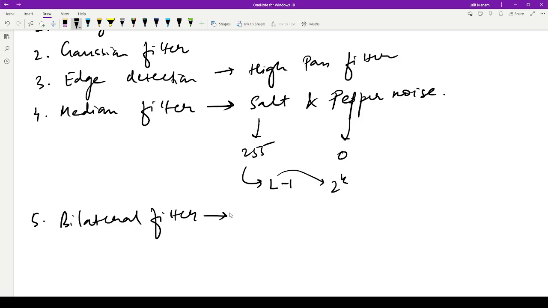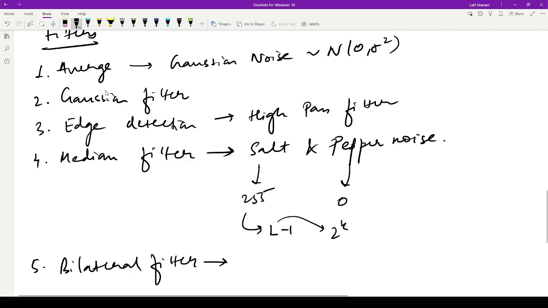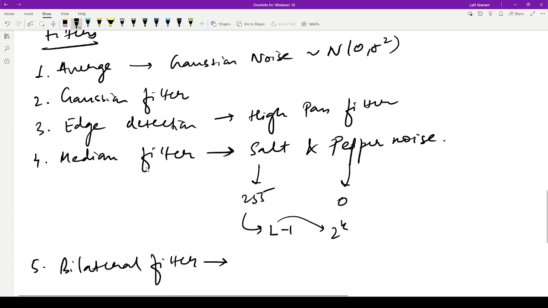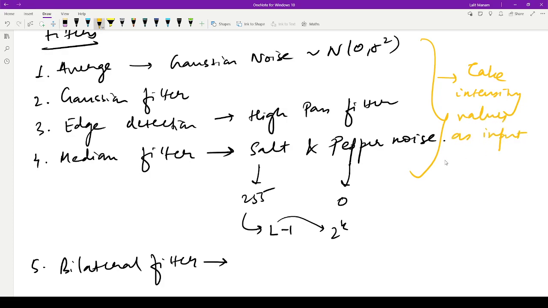Okay. So what about other filters? What do these filters consider? Only geometric closeness. Are you sure? So these filters consider only the photometric similarity. They do not take pixel location as the input, right? Yes, correct. So all these filters take intensity values as input, which is your photometric